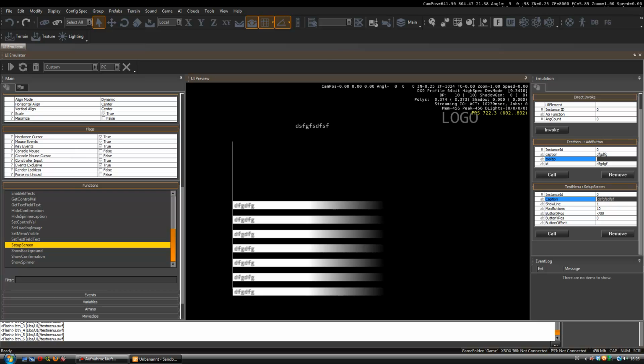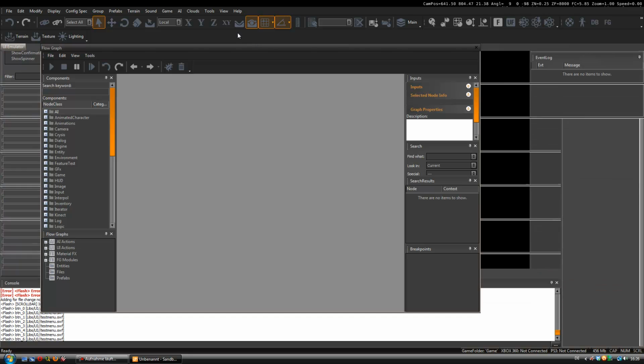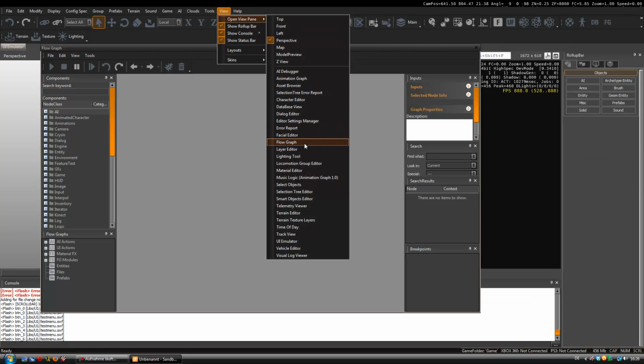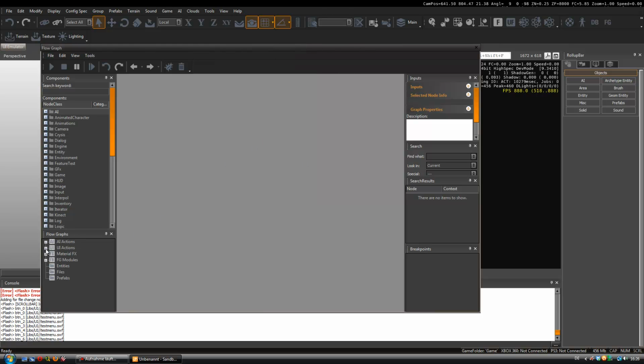Just take a look at the Flowgraph editor. You can find it under View, open View panel, Flowgraph. Open up UI actions. You don't have to have opened a level for all those things. And here are some HUD flow graphs. And to, for example, add a button in the main